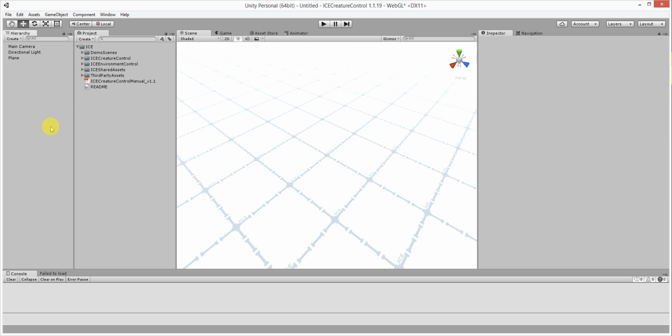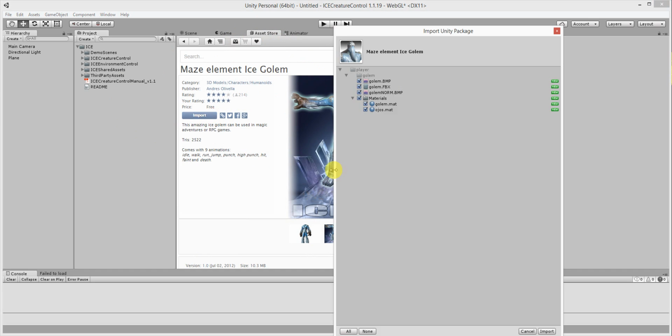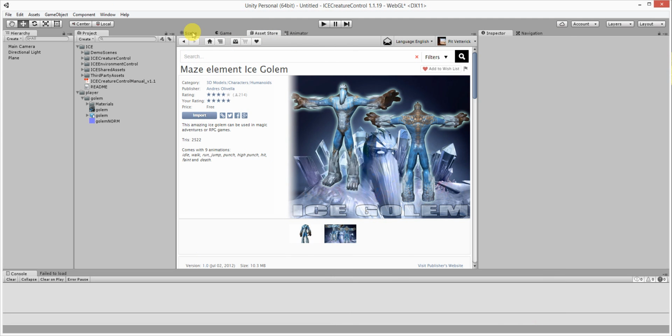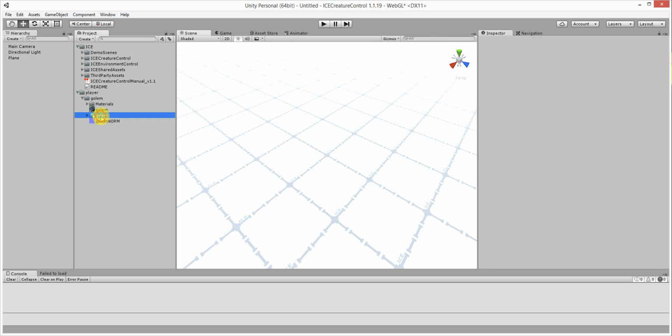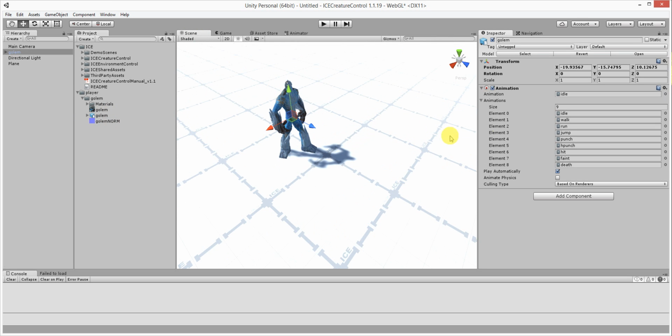Now we can go directly to our creature. For this I have prepared the Ice Golem in the Asset Store, and we want to import it directly. So import again, back to the scene, and drag and drop the Ice Golem. You will see we have the transform component, the animation component with 9 animations, and the third component on our golem is